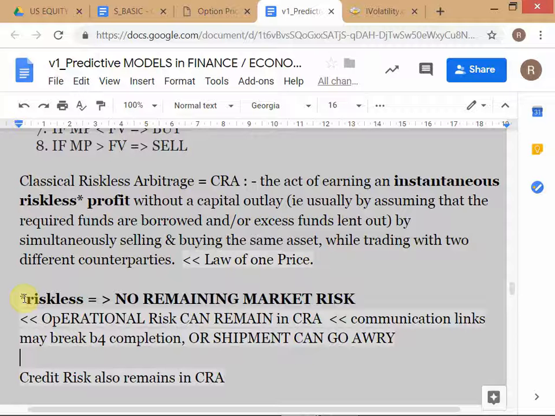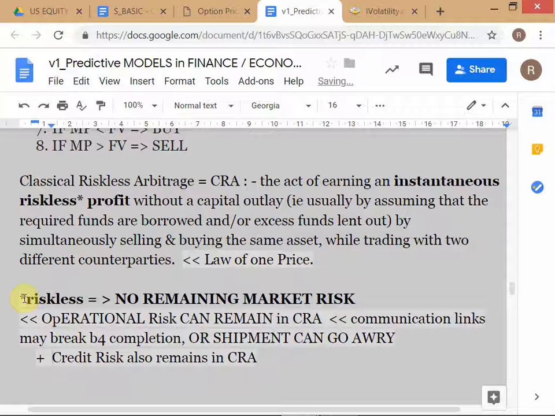All right, credit risk also remains. Remember, the transaction date is today, but the settlement date is T plus 14. You are buying from the Patna dealer, so you may have remitted the money to him and made arrangements, but he may not ship. He may fail to deliver. That is a different thing from operational risk, where something goes wrong with the shipment halfway through, like some damage to the goods. But the guy himself may be overly smart. He may decide not to honor his contract and pocket your money. Then you have to go and sue him in court, so it's not an easy process. That's credit risk. So these problems can still remain.